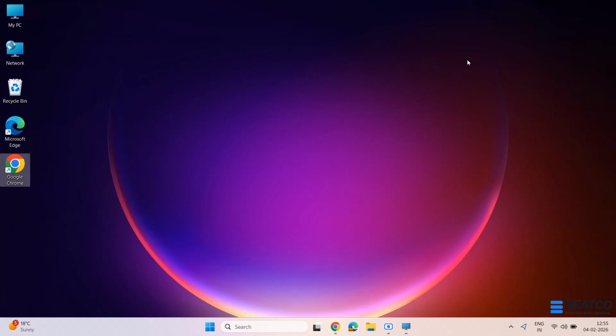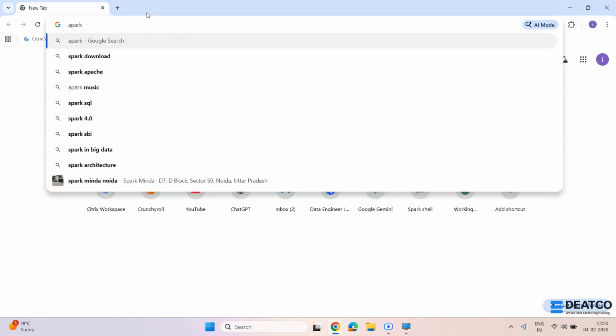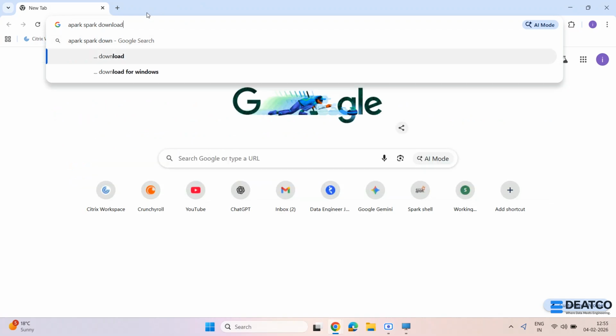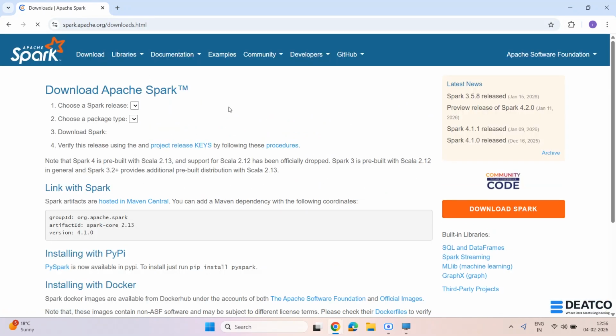Hi all. Today we are going to see how we can install Apache Spark 4.1.1 on our Windows 11 system. Let's first go to the browser and type Apache Spark download to understand what prerequisites are required for Apache Spark. Go to the first link, go to the documentation, and under the latest release you will see